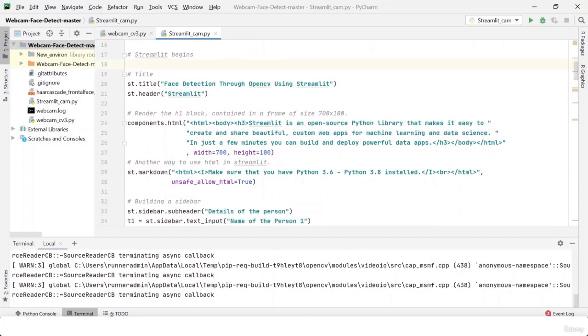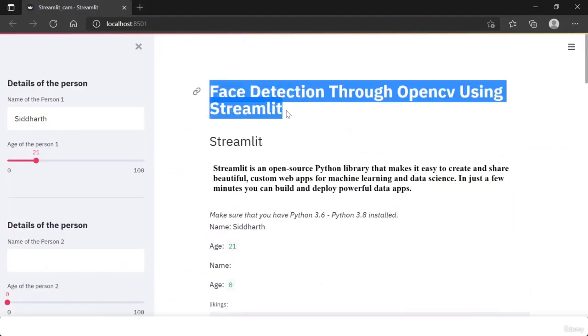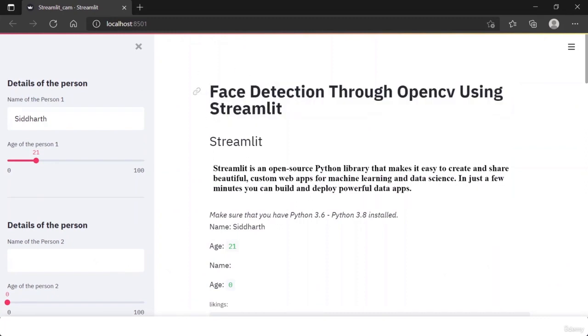So the first thing that we have is a title, that is streamlit.title. Title basically gives you a header. Okay, not maybe a header. This is basically your code for this. So this is giving you a title. This is for your header. You can see that one is bold and has a bigger font size, and one is smaller, not having any bold characteristic.